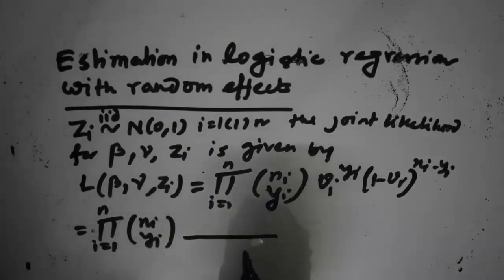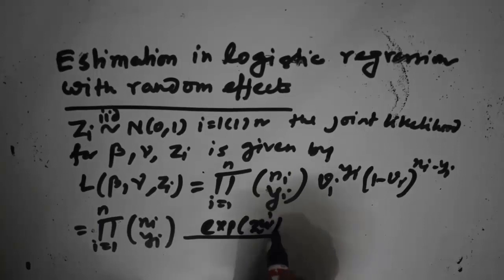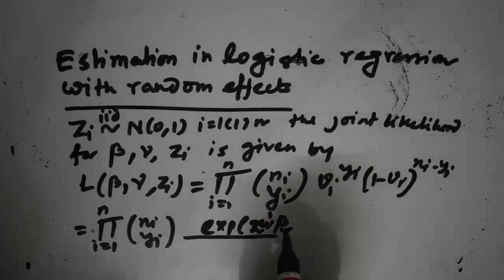Since vi is nothing but e to the power xi tilde beta tilde plus